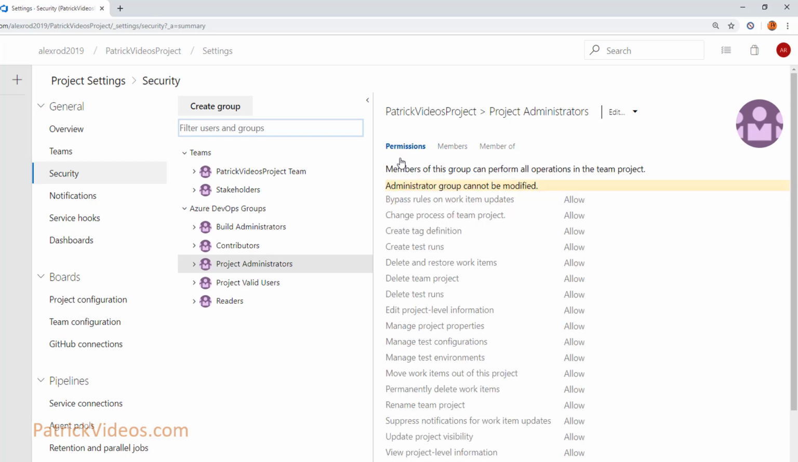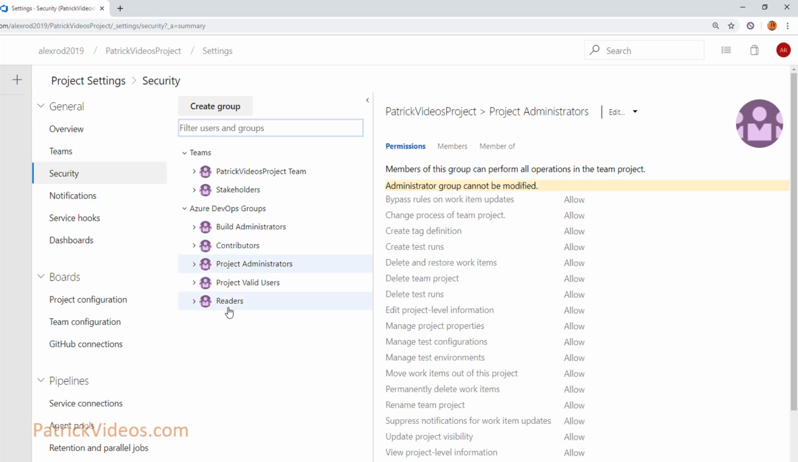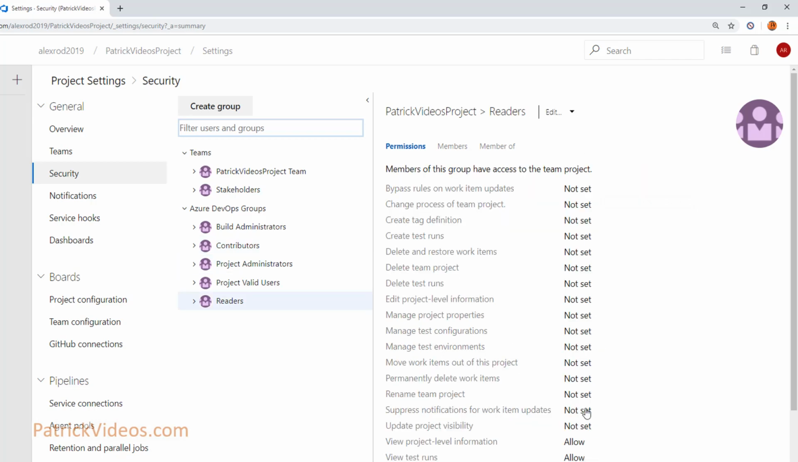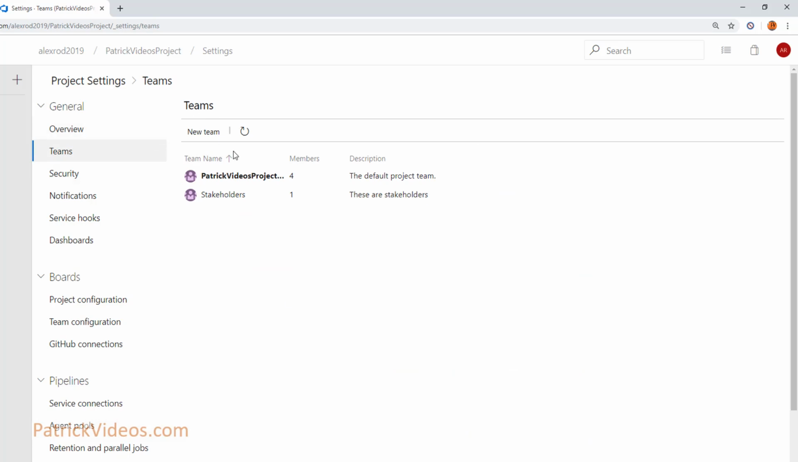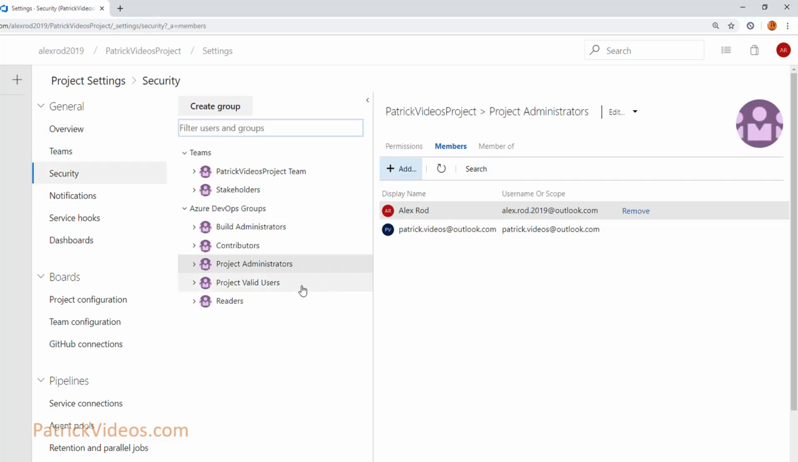If you look at permissions, it will tell you what can these group members do? What can project administrators do? They can do all these things. Contributors can only do a few things. Readers can do much less. Once you have created the teams and you have given them access control, like you have named them as project admins or readers or contributors,